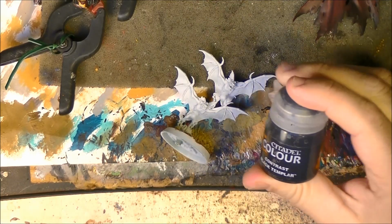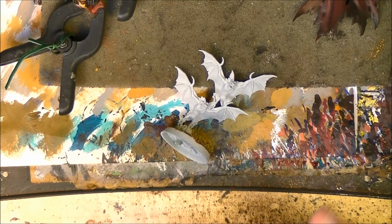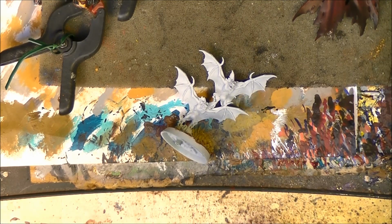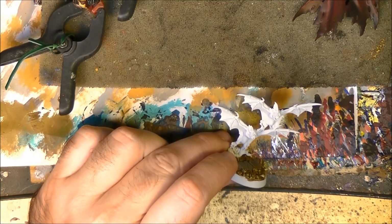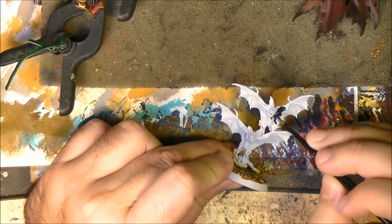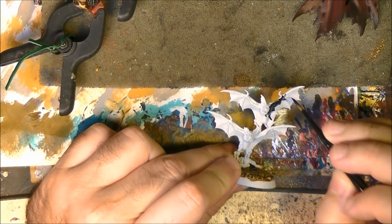We are going to use now, of course, Black Templar on top of that. So this video is more to show you how these contrast paints are working. I'm going to do a couple of layers, but first I will do one layer. I will show you how it looks, and then we are going to do, if it's needed, a second layer. So we apply here directly